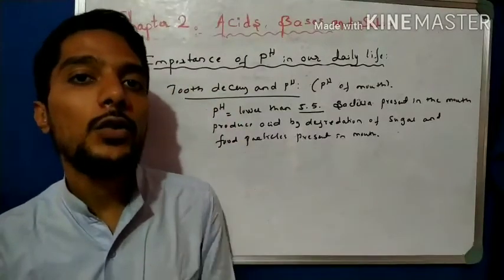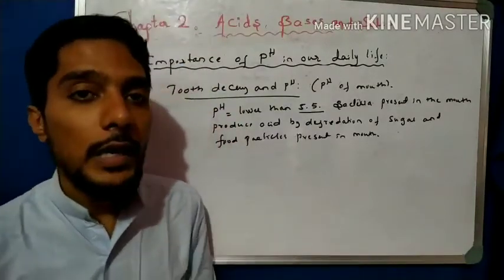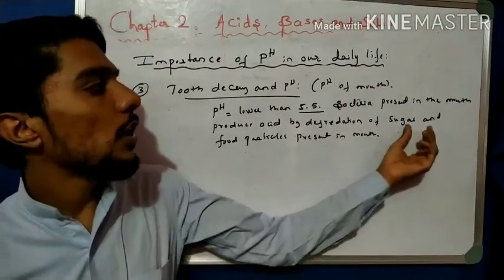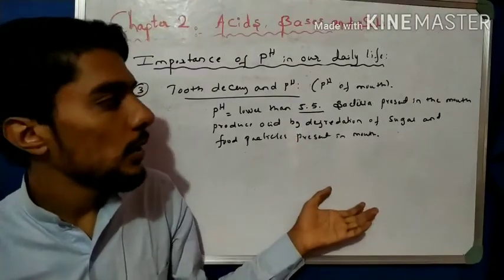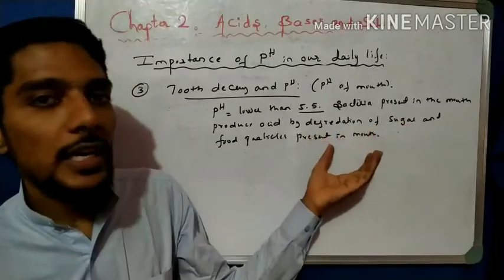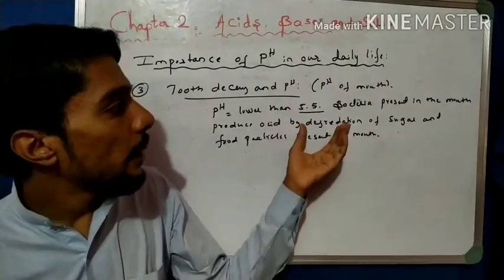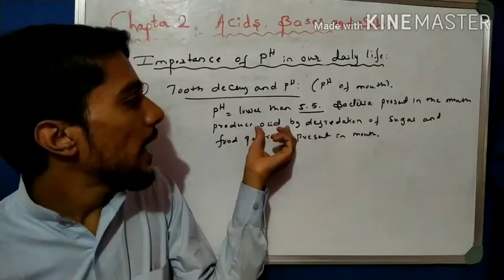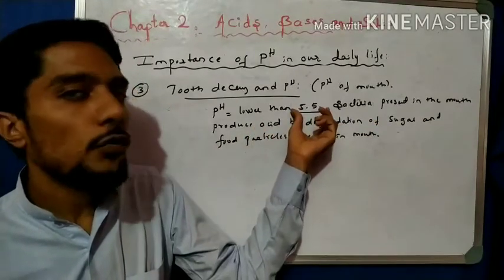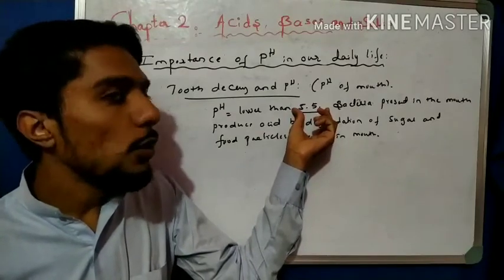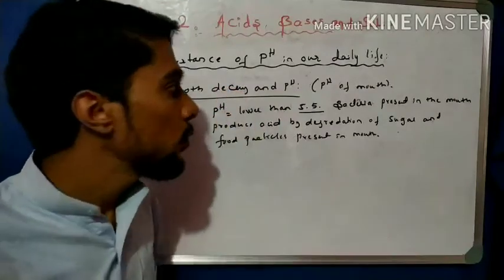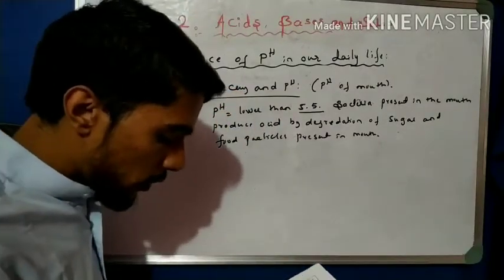So after eating food, we have to listen to this. When we eat food, we have to wash our mouth with water to clean it. If sugar or other food particles remain in the mouth because we do not wash our mouth properly, then degradation, decomposition of food, takes place, and that creates an acid. That acid decreases the pH of the mouth below 5.5. If the pH is below 5.5, the decay of the tooth starts.